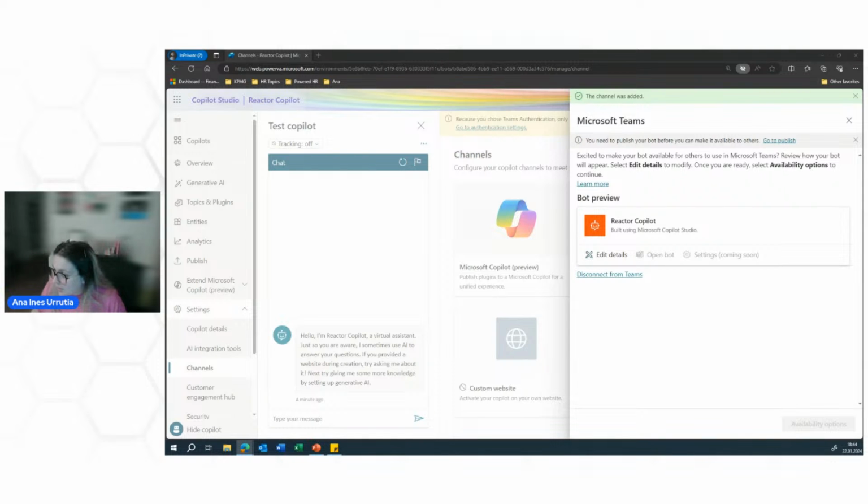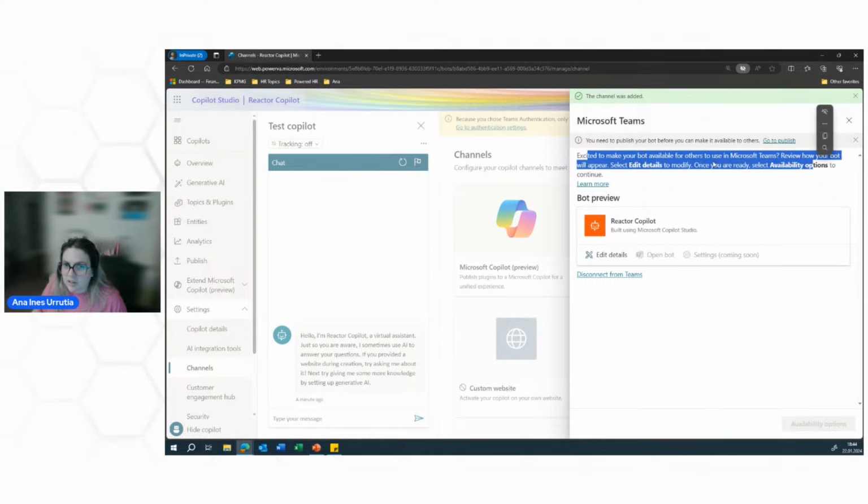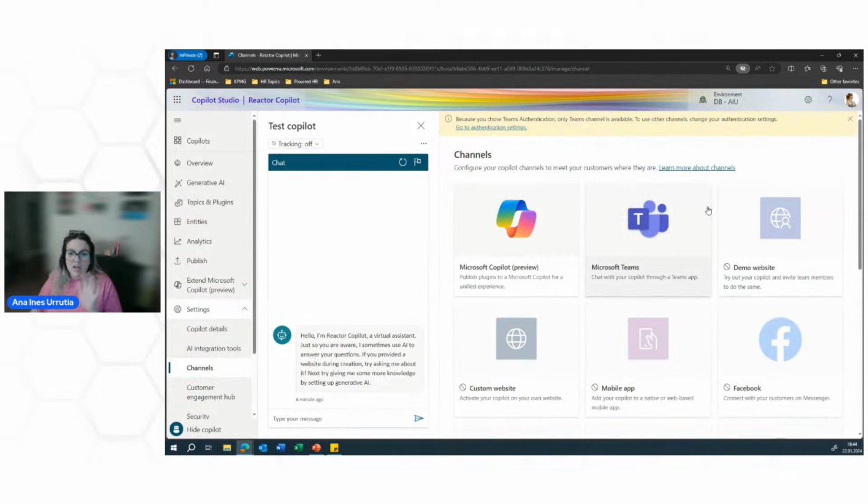And this is why doing demos sometimes is risky. But we will find a way. Doesn't matter. Nothing's working out. It doesn't matter. Anyway, we can see it as a chat bot within our